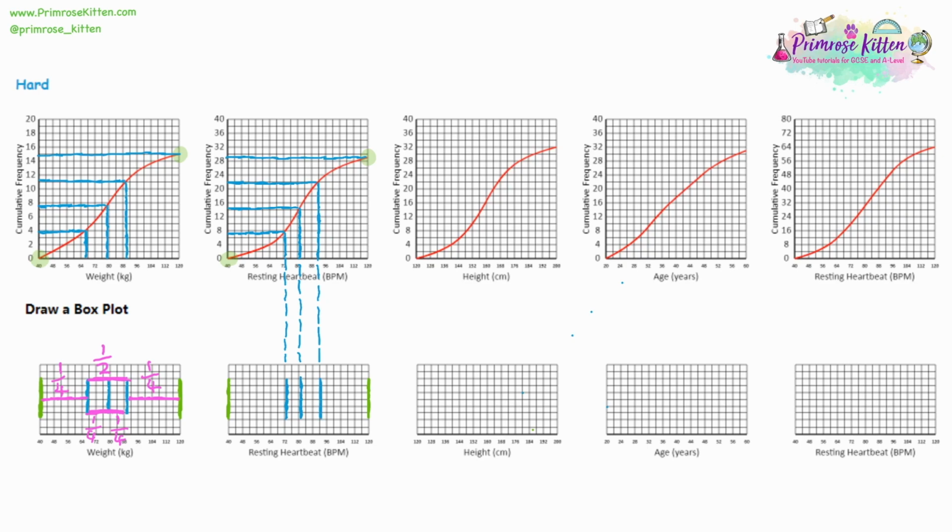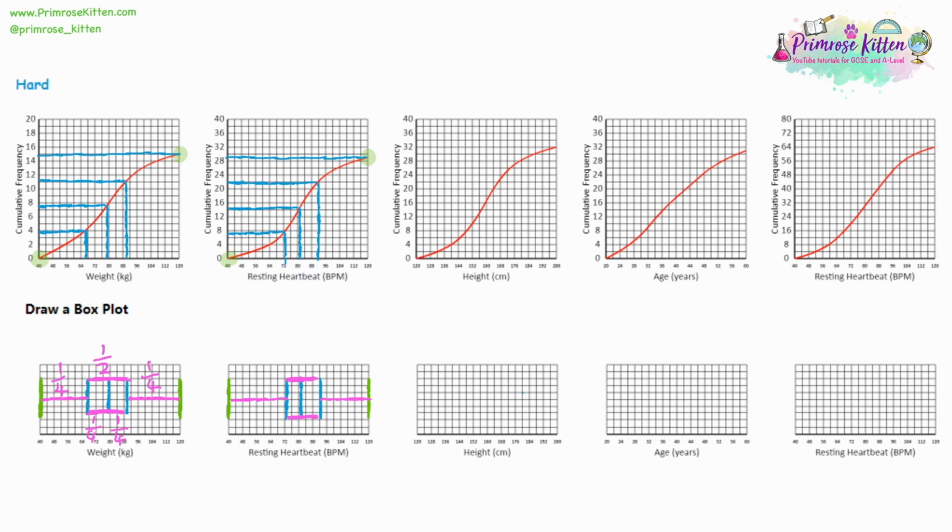Now we've identified the 5 values that we need, join them up. The middle 50% of people is represented by the larger box. And then what we call a whisker are the 2 lines going to either side to the largest value and the smallest possible value. Again, the intention behind this is you can see where the middle people, the average people, are in the middle box. And then the 2 whiskers go to the minimum and maximum values. They're kind of your outliers, people who don't quite fit into the pattern.